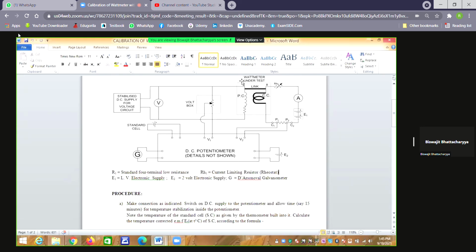When we add a link here, the voltage difference in the other side of the pressure coil and current coil will also be negligibly small, quite small. So ultimately there will be no electrostatic force or torque present in that arrangement. Get my answer? Clear? Or any doubt? If you have any doubt, ask me. I will tell you again in another way.